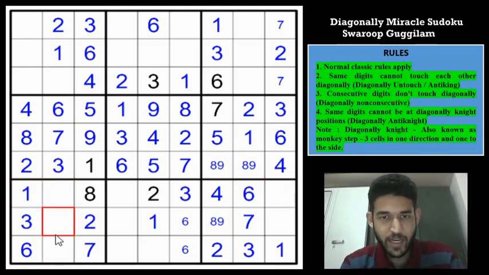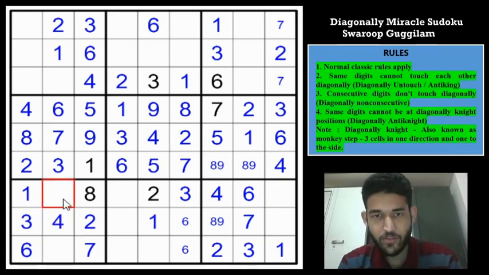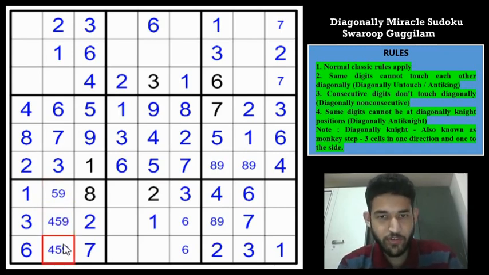So remaining digits are 2, 7, 8, 1, 3, 6, right? 4, 5 and 9. Sorry. So this is a 5, 9. This is a 4, 5, 9 and this is a 4, 5 and 9. But 9 can be eliminated from here, diagonally consecutive. So 4 or 5, and any jumping monkeys? No, this cell is a monkey step away. So this is a 9 and this must be 4, 5. But this is diagonally consecutive.